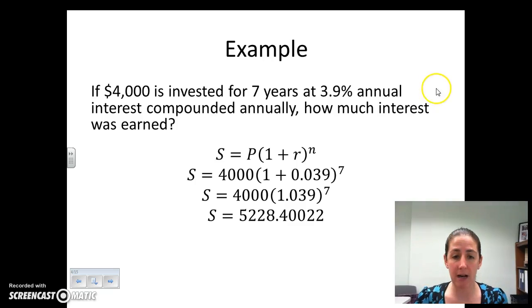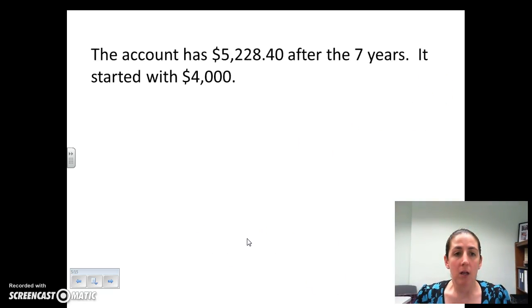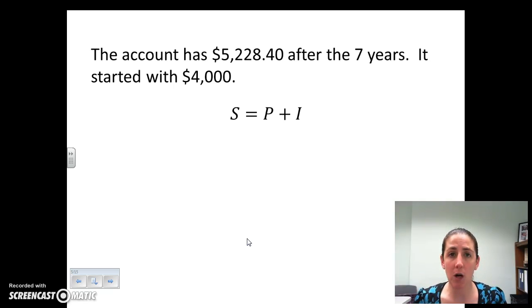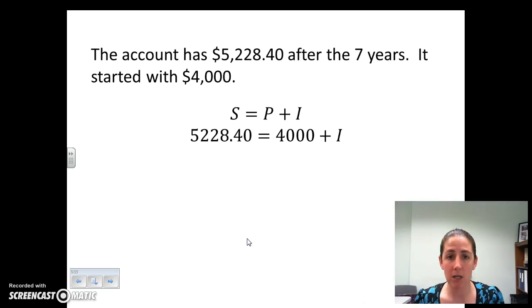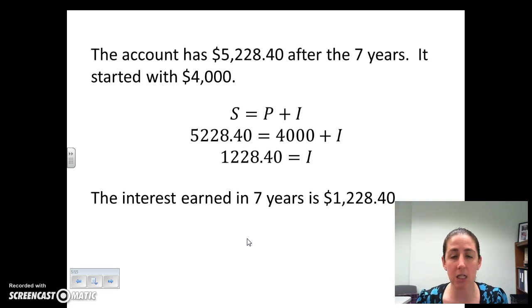So $4,000 of this future value is what you started with. So the account has $5,228.40 after the 7 years, but it started with the $4,000. If you remember a formula we had talked about before, future value is your principal plus your interest. So we know what we ended with, we know what we started with, now we can find the interest that was earned. Subtract the $4,000, and we get that the interest we earned in 7 years is